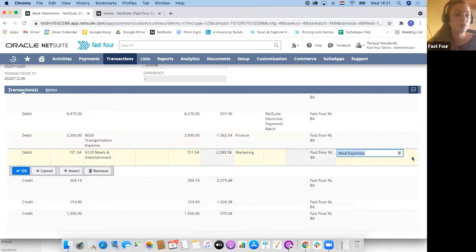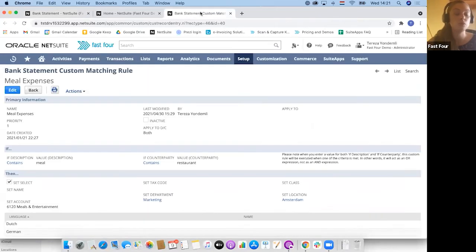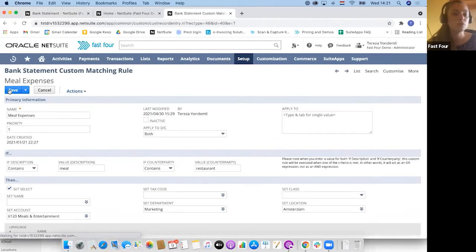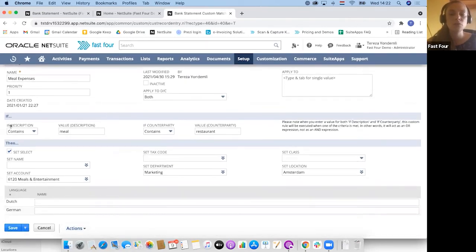Let me show you a detail of this custom matching rule. And by the way, the tool allows you to create as many rules as you like. You can have different types of rules for credits. You can have different types of rules for debits. You can also apply them to different bank accounts separately. So on this list of bank custom matching rules, the decision that you have to make is, how do we